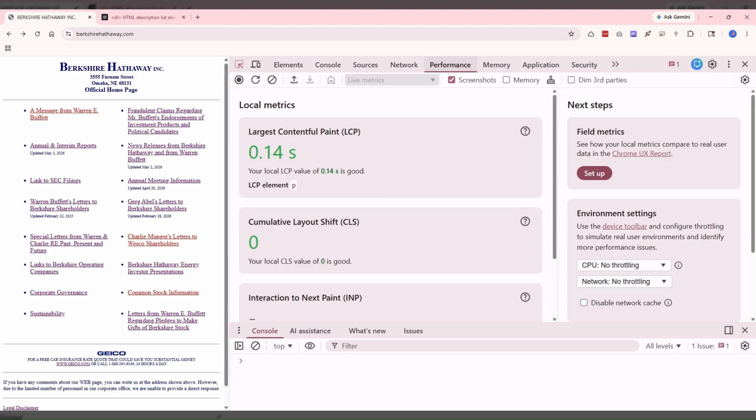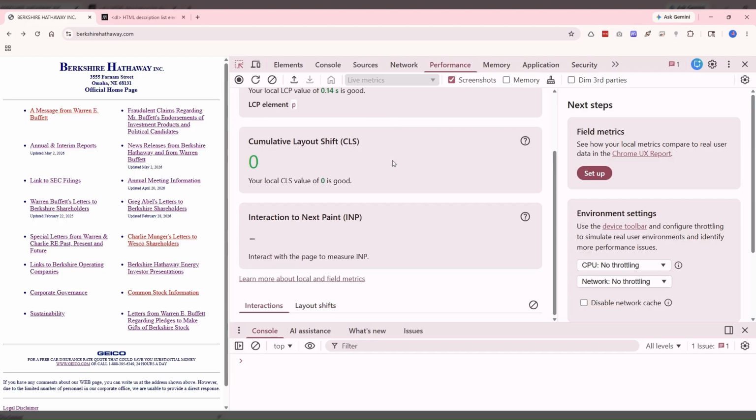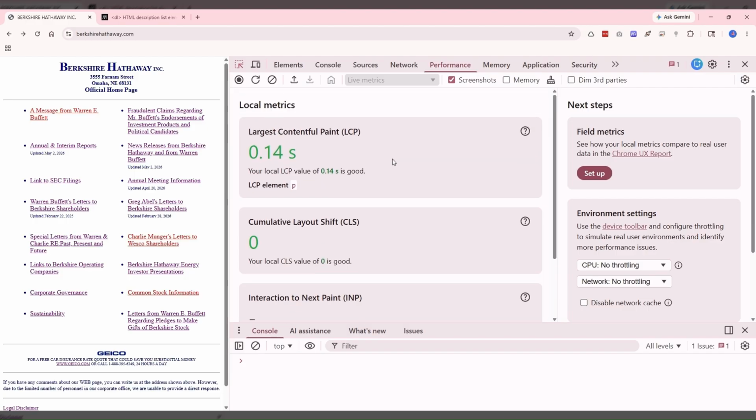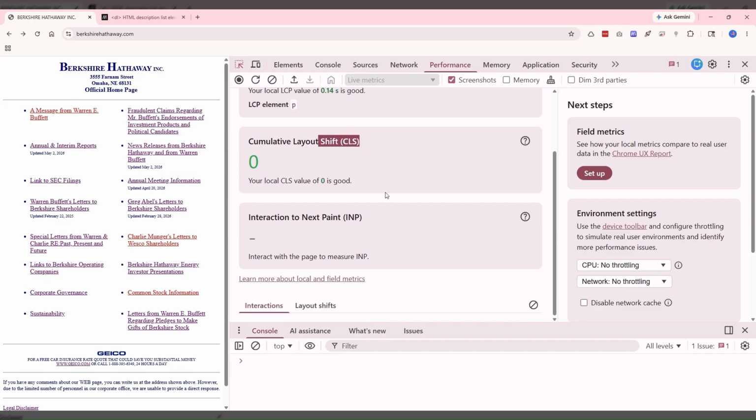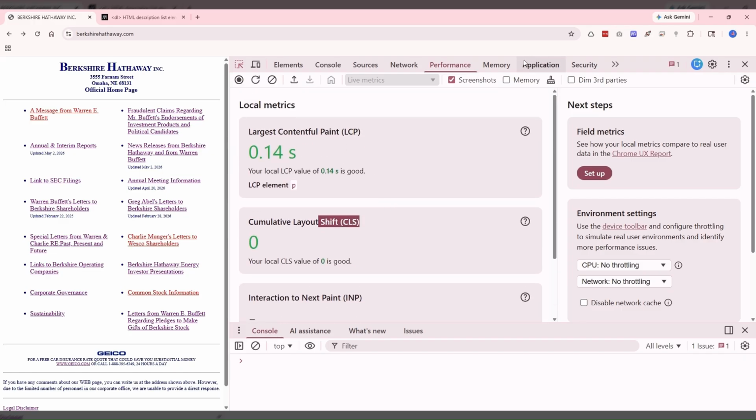And it's got some of its performance metrics here, and I'm not really aware of the largest contentful paint. I think it's the way the HTML, the DOM, is then painted across the screen, but I might be wrong, so I won't comment further on that. But it says that everything is good. Cumulative layout shift is good, the interaction is good,